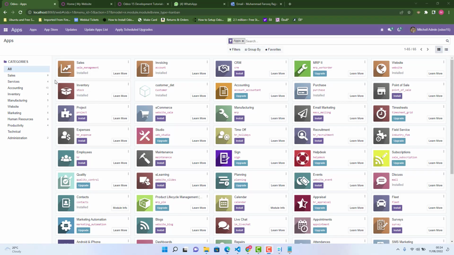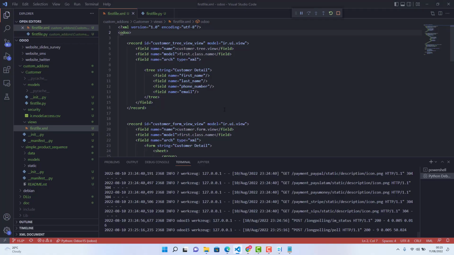Hi guys. Today in this video, I will show you how to add a sequence in our form view and how to add a sequential value. For this video, I'm using Odoo 15 and Visual Studio. So here we go. First of all, if we go in Visual Studio,